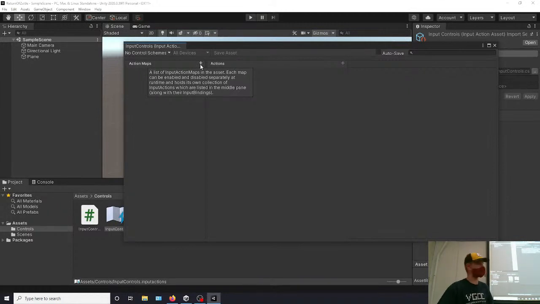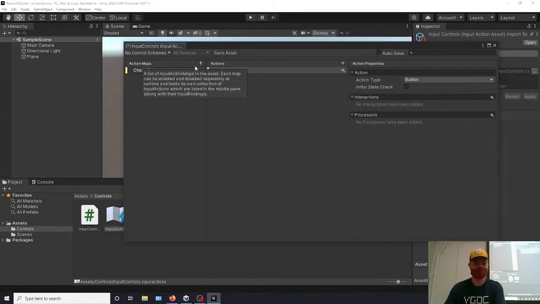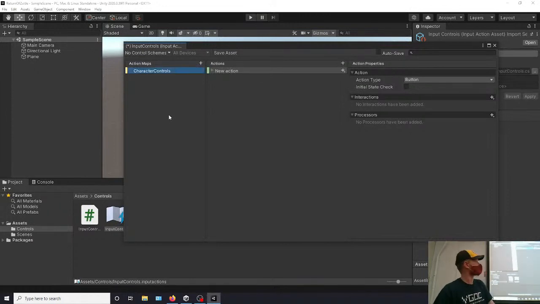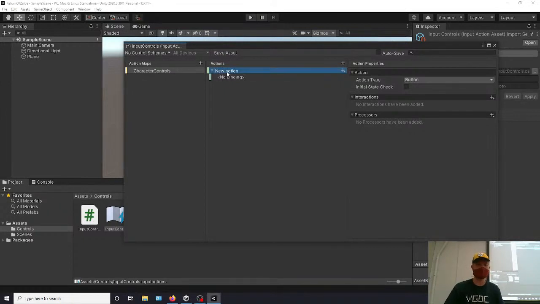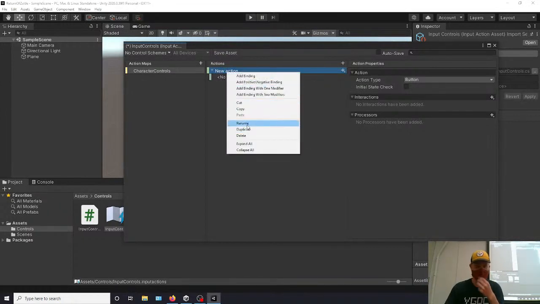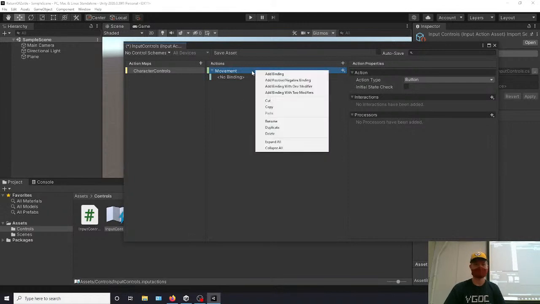So we're going to want to hit the plus next to action maps and call it character controls. And so we now have an action map called character controls. And in actions, it started off a list for us. So the first thing we're going to want to do is create the movement action. We're going to right click on the action it created, rename, and do movement. And then once that's created,